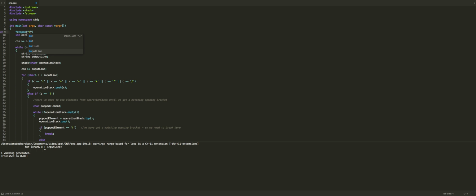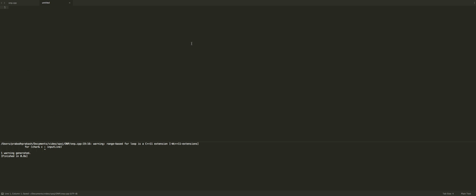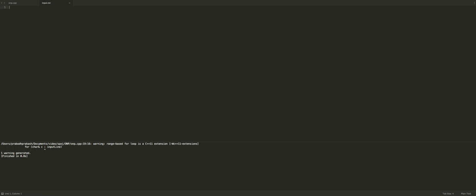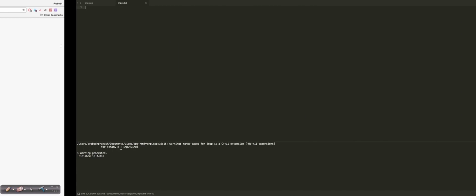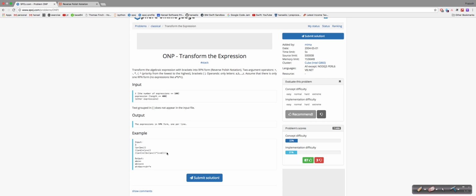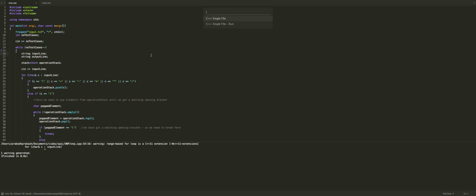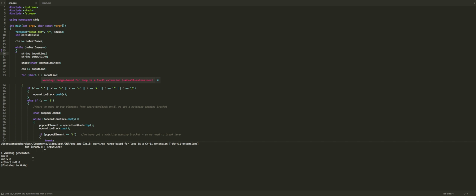So input.txt comma read and stdin, that's it. I'll create a new input.txt file in the same directory as my program, and I'll write these inputs. Okay, so just to see if everything is working fine, I'll run this program, and this is the output